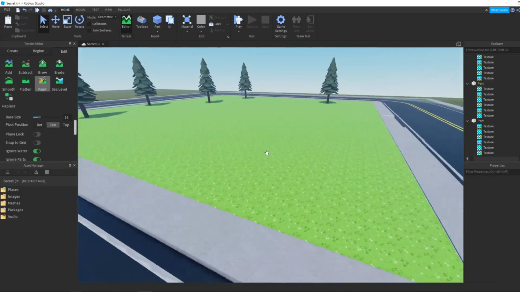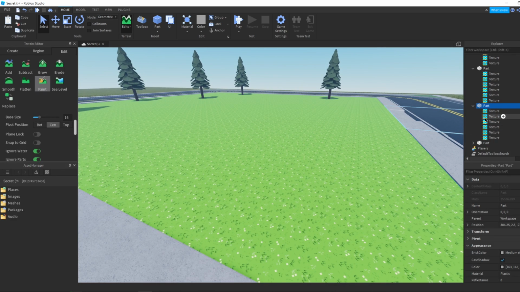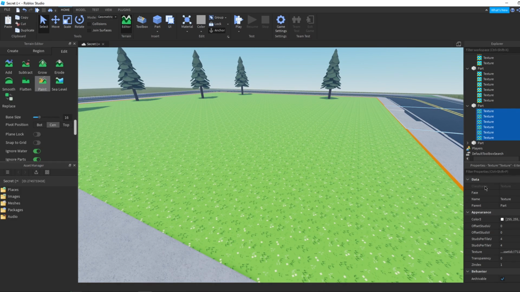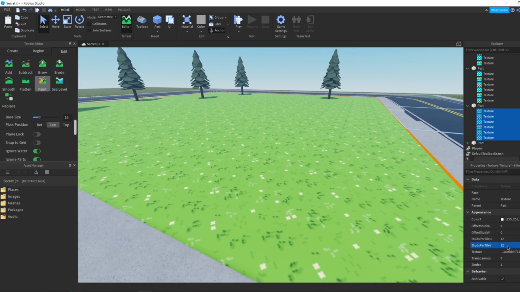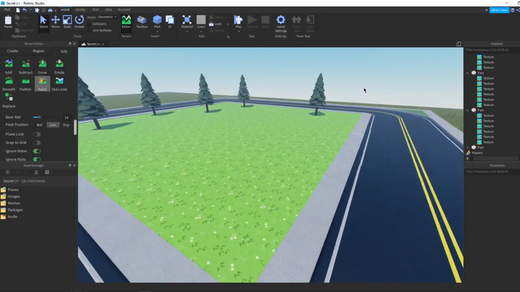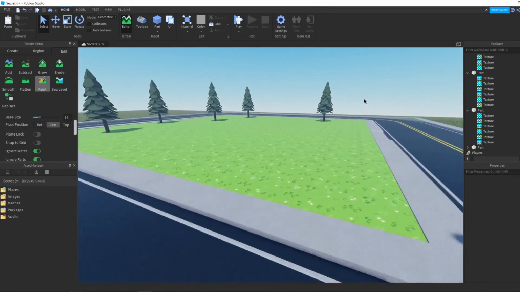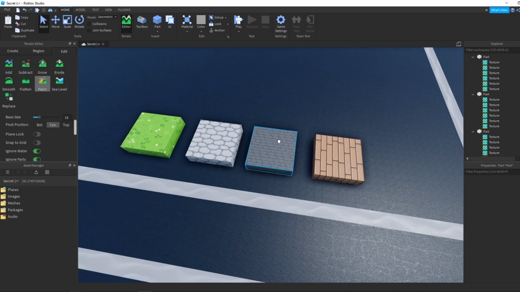Now the only annoying thing is you can see the repeated pattern here, which there aren't too many ways of solving. Perhaps using a variety of textures may help, but I don't really know how to solve that issue. But yeah, it gives a nice result, which would probably fit a cartoony look more than a smooth terrain map. And last but not least is this brick texture, which was a little bit too dark,